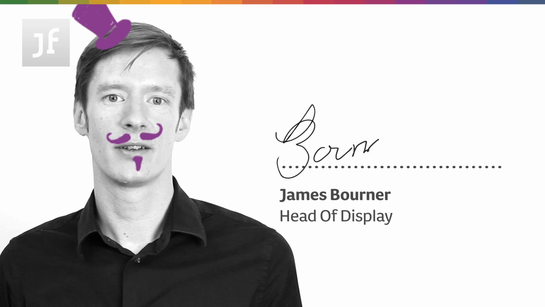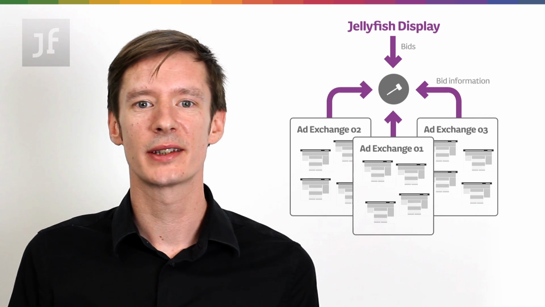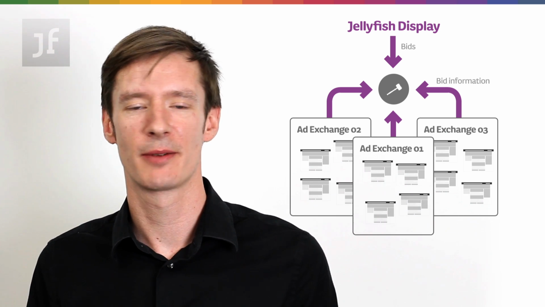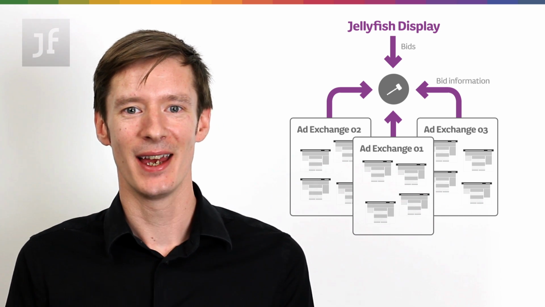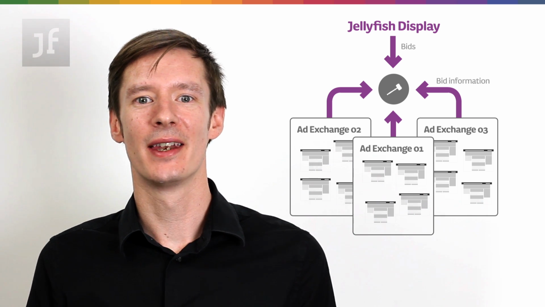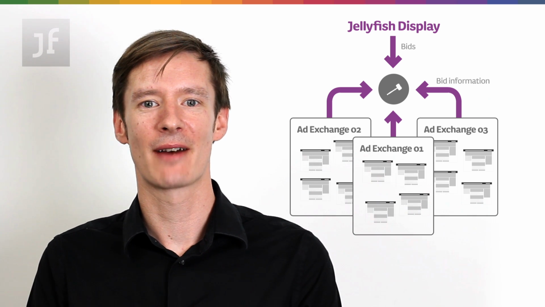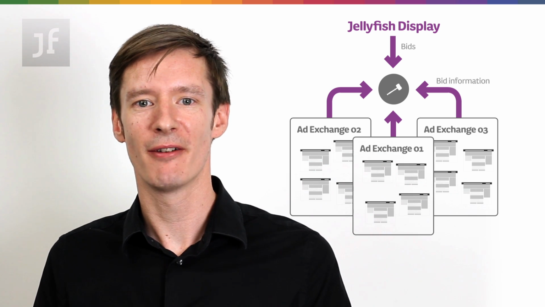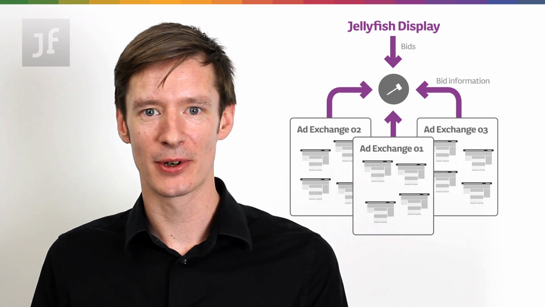In this Insights video, let's have a look at the two seemingly interchangeable terms, RTB and programmatic, and explore what the differences between the two are. So RTB, as I think we all know by now, and we've certainly documented in these videos a few times, is real-time bidding. And that's the method of buying display advertising, evaluating each impression on its own merits as it becomes available to a website.